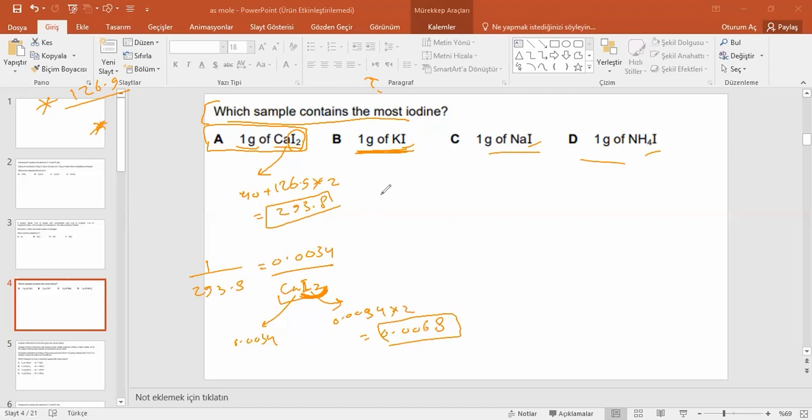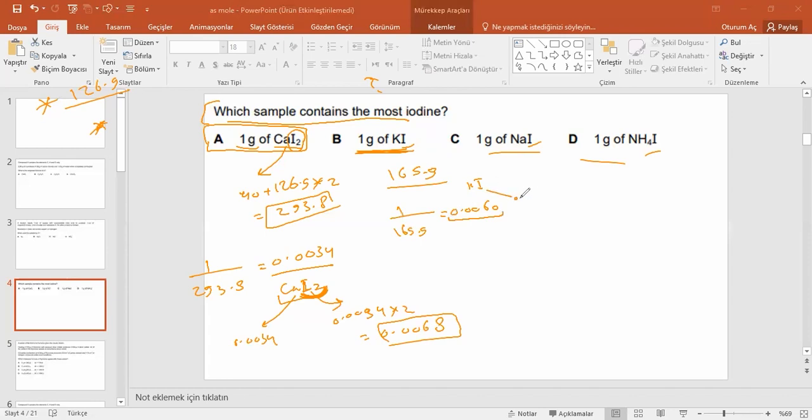So the molar mass of KI, guys, is 165.9. I calculated before. We divide this number by 1. So 1 over 165.9, which will be 0.0060. Should we multiply here by 2? I hope you understand the idea. We shouldn't. Okay, so when we have 1 mole of KI, or when we have this number of moles of KI,